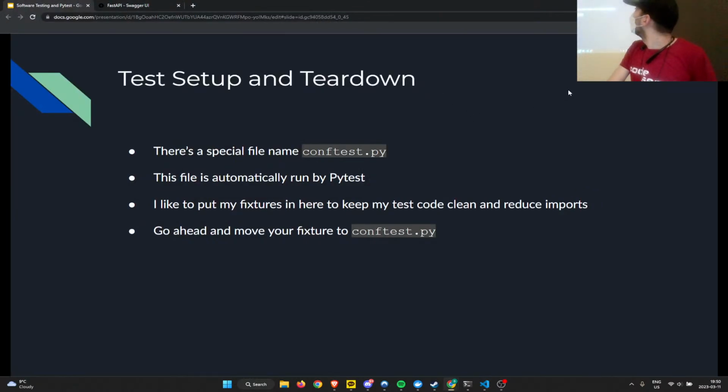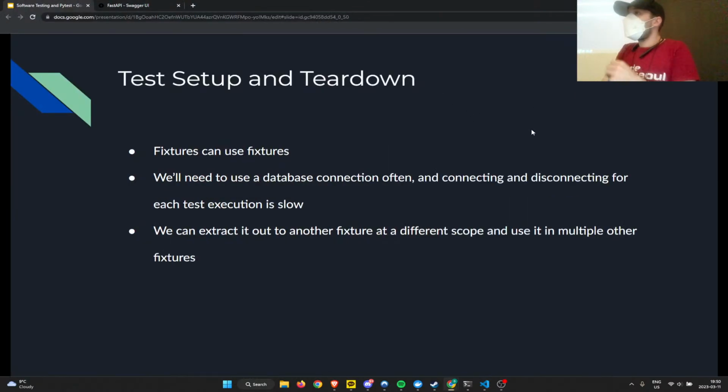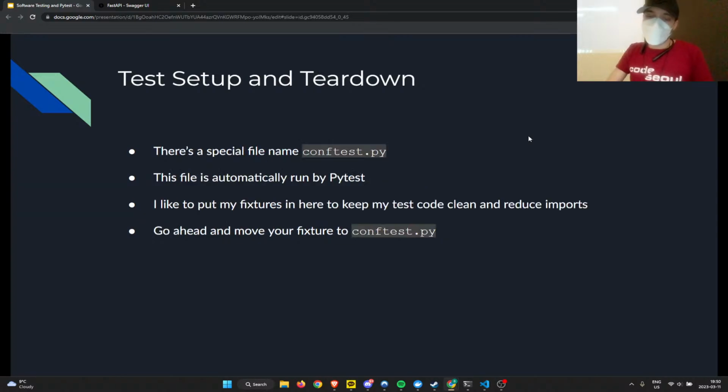So, what happens if you name your test the same as a fixture? So for purposes of the stream, the question was, what happens if you have a name collision where your fixture and your tests are named the same? Ideally, that should never happen. By default, Pytest will only recognize test functions that start with test underscore. And if you have fixtures starting with test underscore, that's kind of weird. So it's generally not supported or expected behavior. Good question, though.